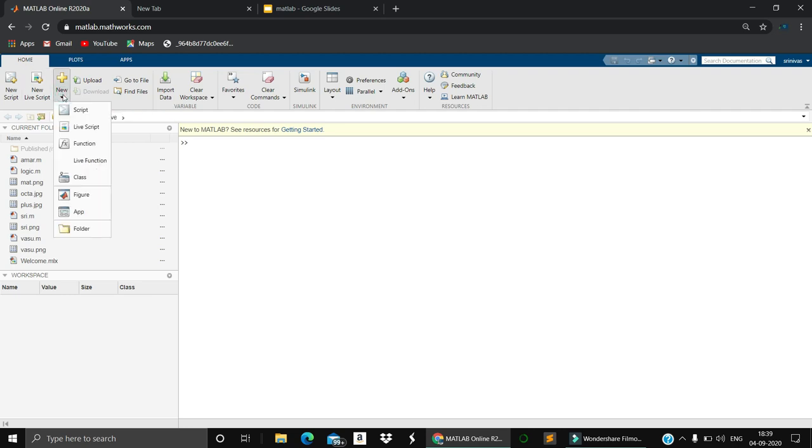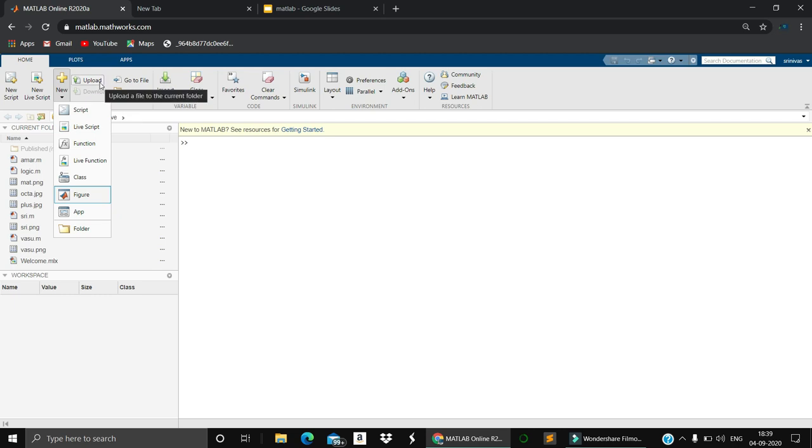Here under New, if you want to create a new script, a new live script, a function, a live function, any class, any figure, or any app, you can. In higher applications like machine learning and artificial intelligence, you need to use some apps, like the linear regression tool, that you install and use. Here is upload file.